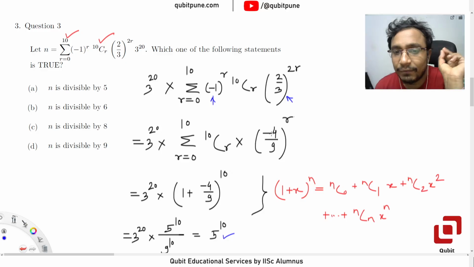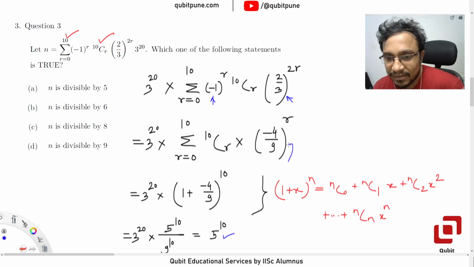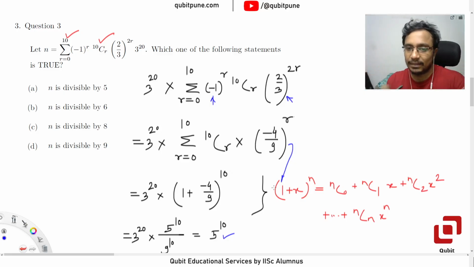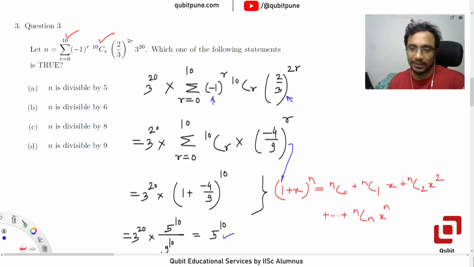And see, when you have increasing powers of a number, minus 4 by 9, and nothing else apart from binomial coefficients, it should occur to you that the first term has to be 1, or at least in the binomial two terms should be 1. अगर वो होता है तो फिर 1 plus x raised to n का expansion nc0 plus nc1 into x plus nc2 into x raised to 2 and so on. So that happens, and once you get that pattern, then that whole summation